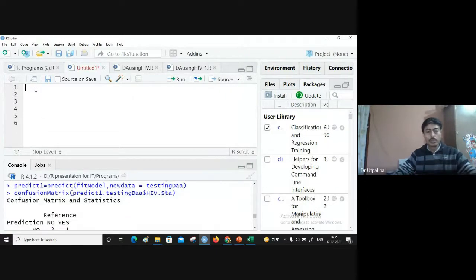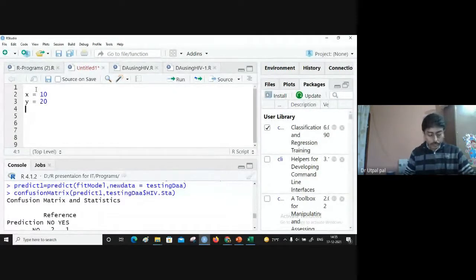Suppose we want to add two numbers. For this we need to declare a variable. We say x is a variable, and this is the assignment operator, so x equals, suppose, 10, and let me take another variable y, and y equals, say, 20.